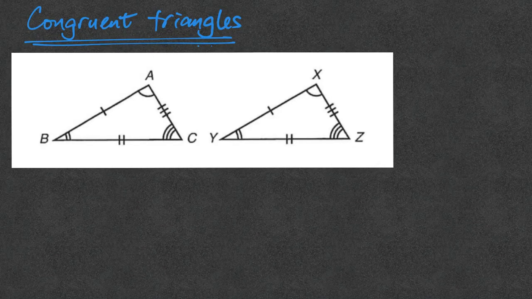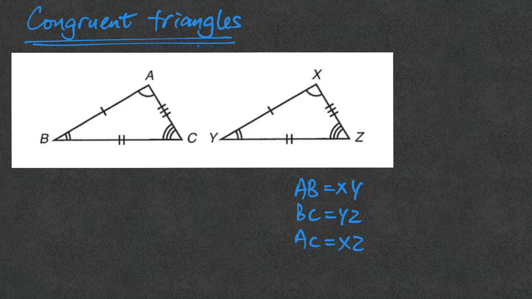In this video, we are going to introduce the concept of congruent triangles. Congruent triangles refer to two triangles which have three equal sides and three equal angles. For example, in triangle ABC and triangle XYZ, you will see that AB is equal to XY, BC is equal to YZ, and AC is equal to XZ. And for angles, angle A is equal to angle X, angle B is equal to angle Y, and angle C is equal